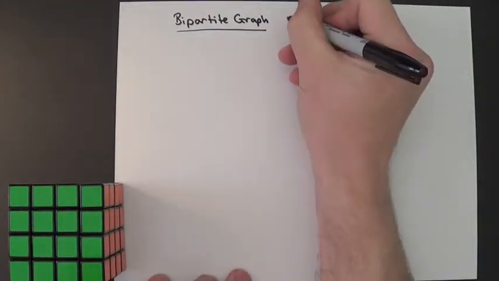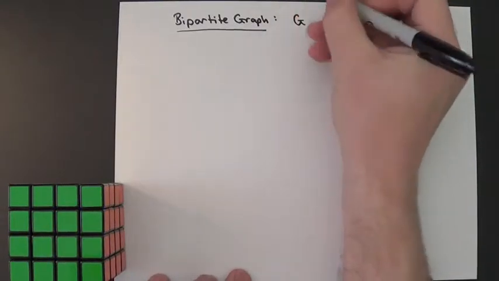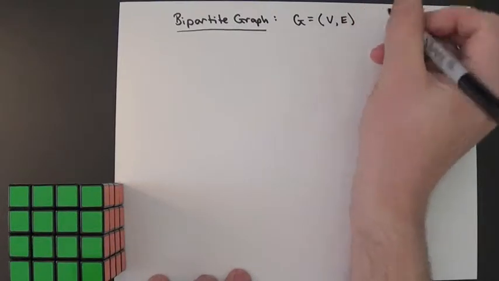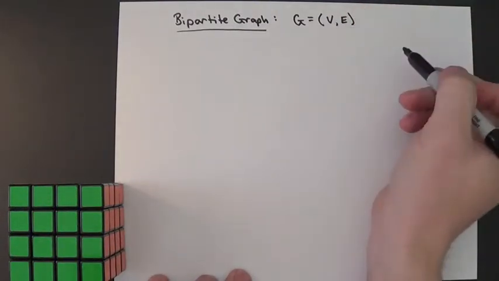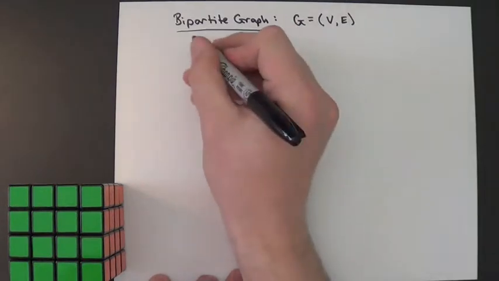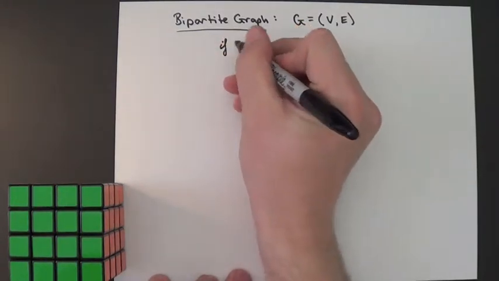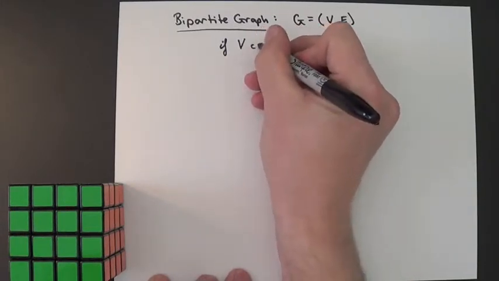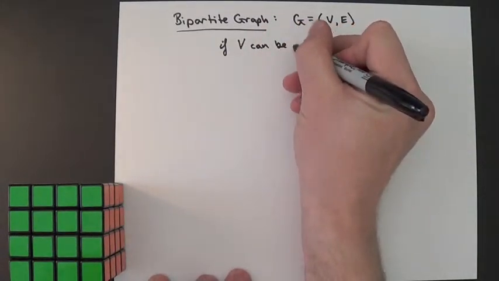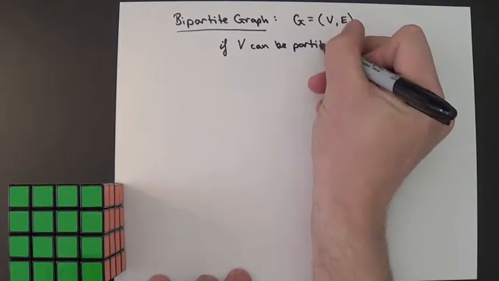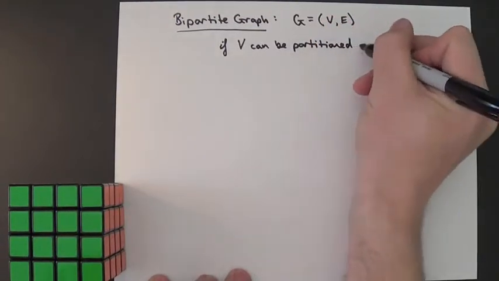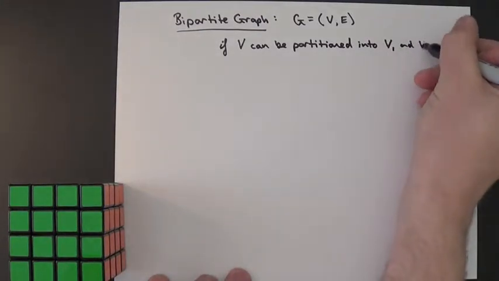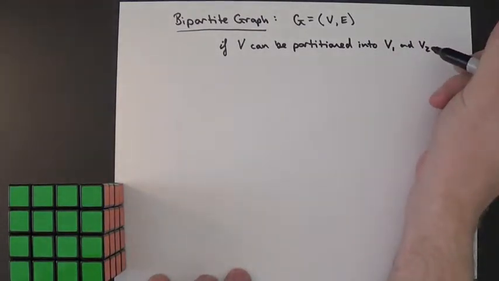And we say that G, the graph with vertex set V, edge set E, is bipartite if V can be partitioned into two different sets, say V1 and V2,